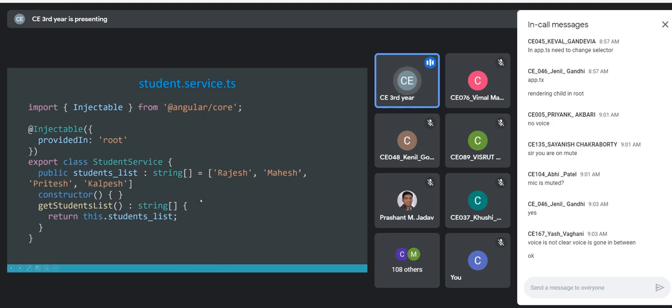So for that, you can use the fetch API available in the W3C standard. Then you can use AJAX, or you can use some library packages to invoke the REST API. Normally, it is called HTTP client. Any library which can talk the HTTP protocol is called an HTTP client.